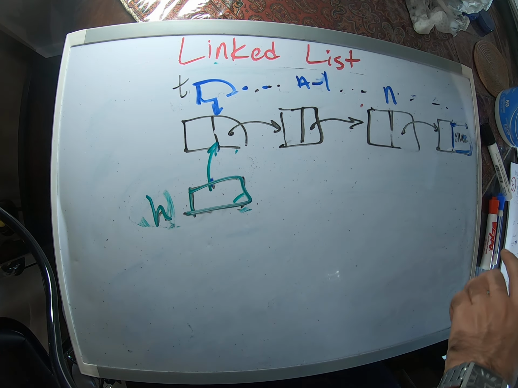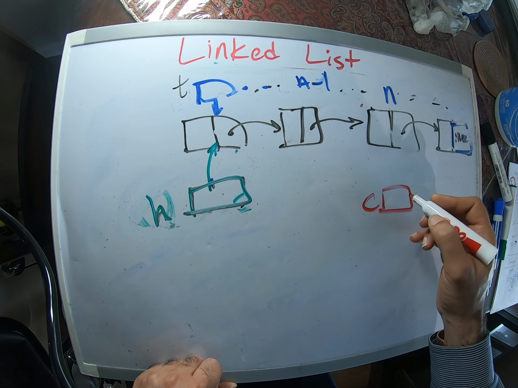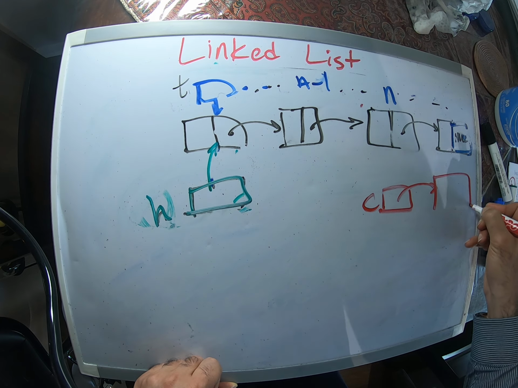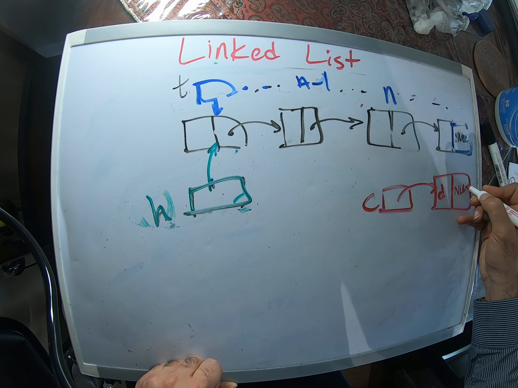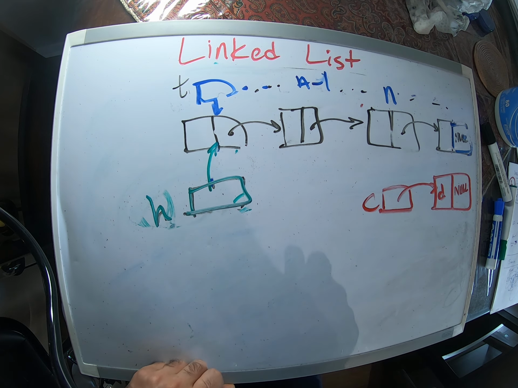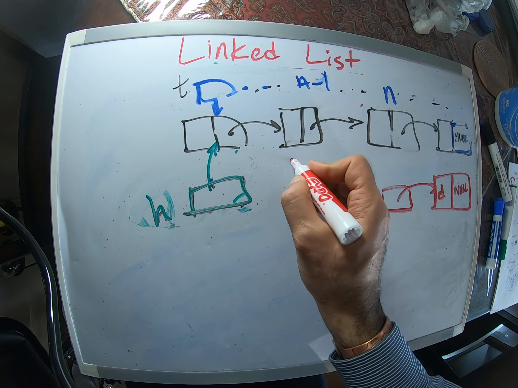In the case that you have to insert it in the beginning, your head is going to change. Your head pointer has to point to the new node. Now, for the other cases, again, let's assume this is the pointer that points to the new node that we want to insert, and we filled it with null. If that's the case, we write a loop and we make the